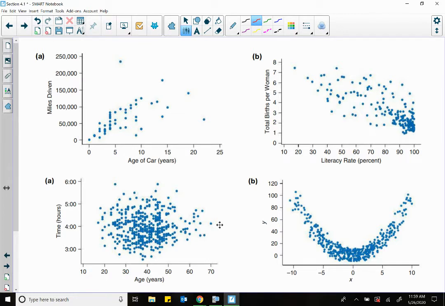Okay, so hopefully as you look at this, A is what we call a positive association, because as we move from left to right, the dots are trending or increasing. So this would be a positive association. Okay? B is what we call the negative association, because as we move from left to right, it's going down. Okay? So this is a negative